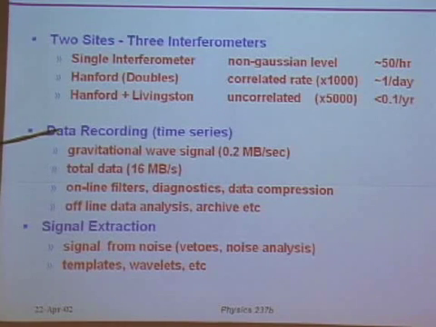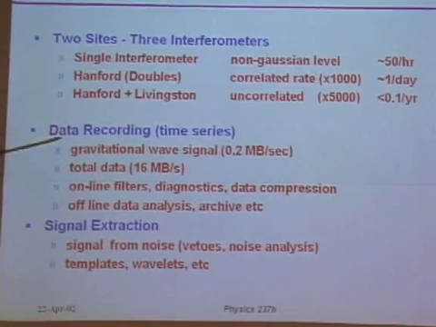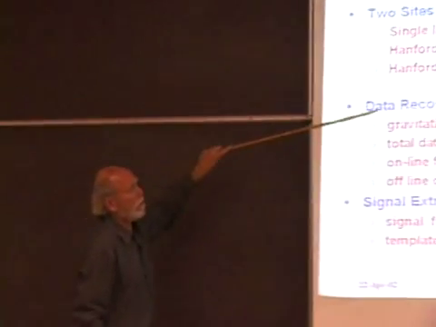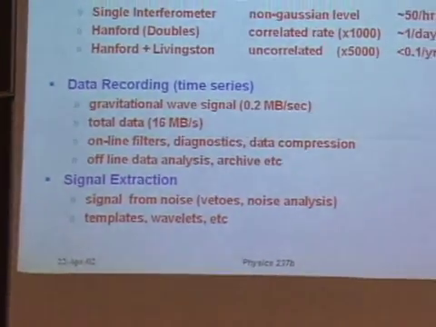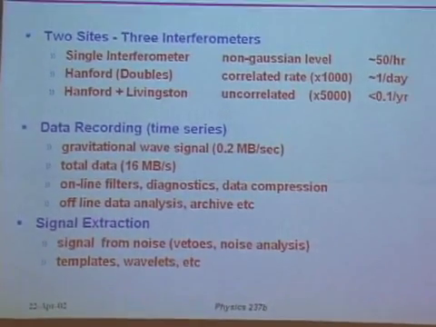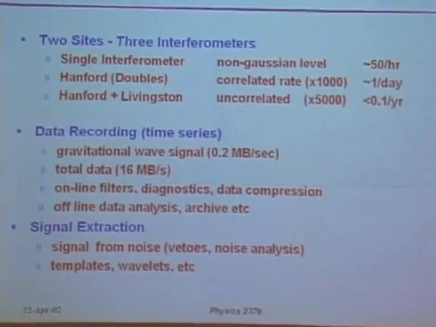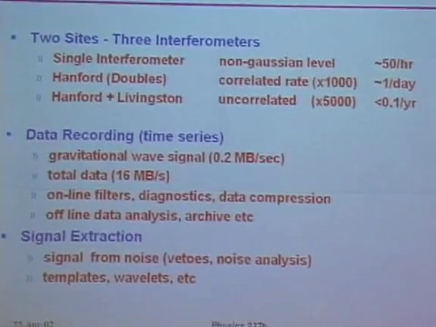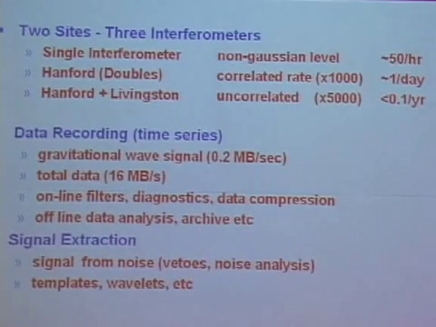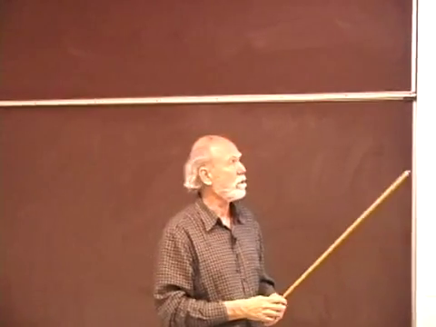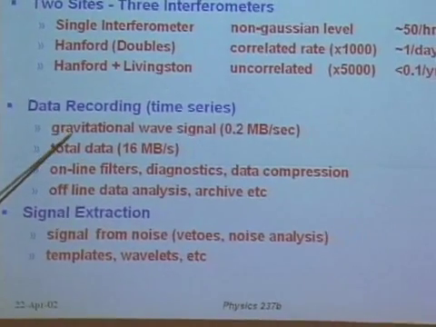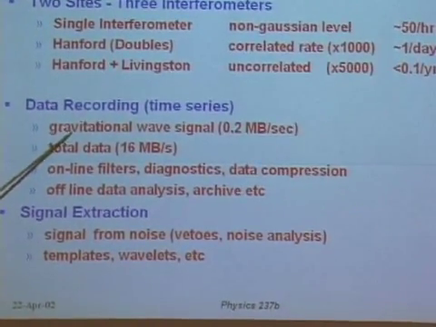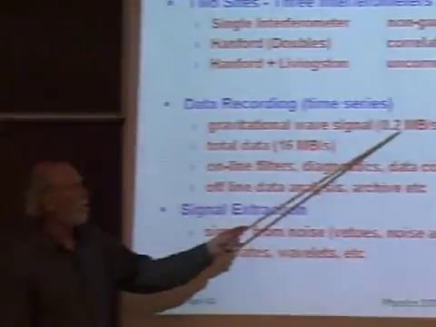A second piece of just information, and I'm going to show you a little bit of data if we get a chance, is that the data recording, in contrast to a particle physics experiment, which is always triggered, you always have an interaction and a trigger somehow that you can form. Although particle physics experiments have a huge amount of data, they have the advantage that you can select how selective the trigger is. Here, we just take a time frequency series. And if you take the time frequency series, you get a huge amount of data. The amount of data in the gravitational wave signal is not the major contributor, but it's fairly big. It's about